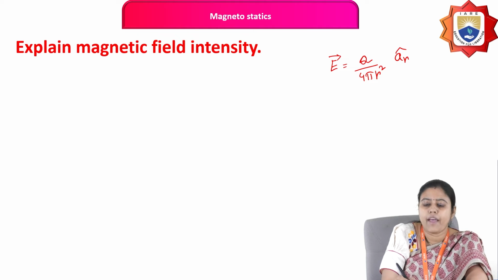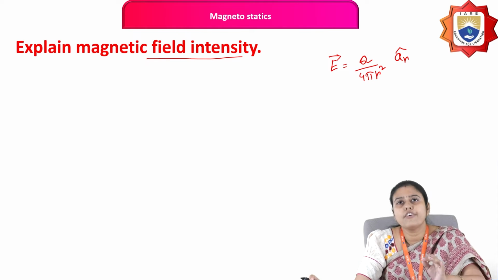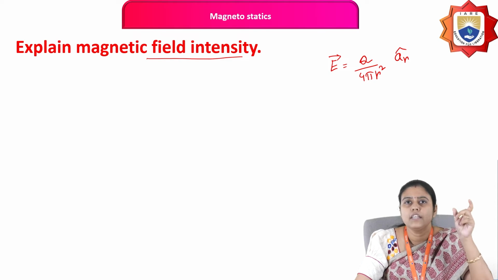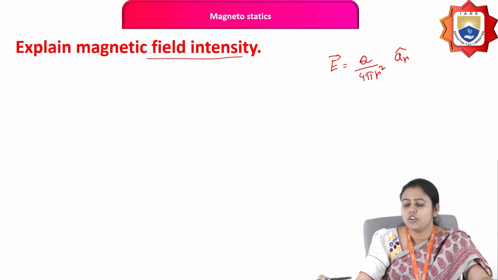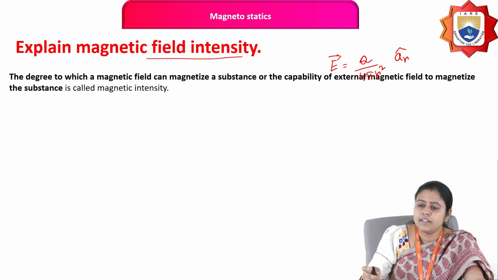Similarly, in the case of the magnetic field intensity, we can tell the force required to bring one unit positive north pole from one point to another point. The definition is the same; the only change is that in the electrostatic field it is to bring one unit positive charge, while in the magnetic field it is to bring one unit north pole. So, what is the physics